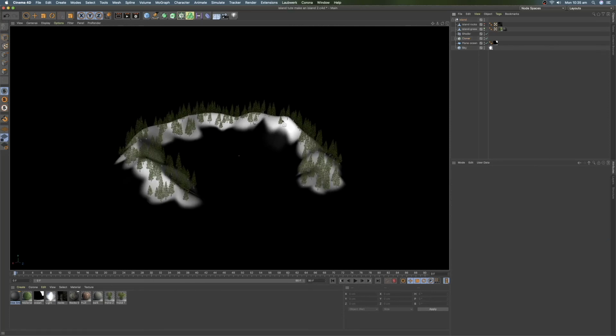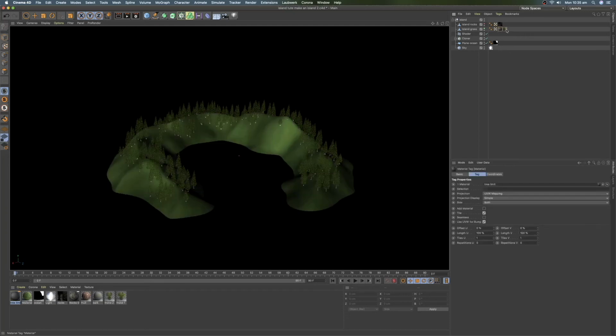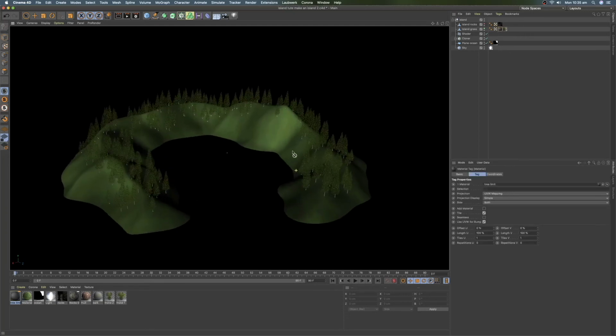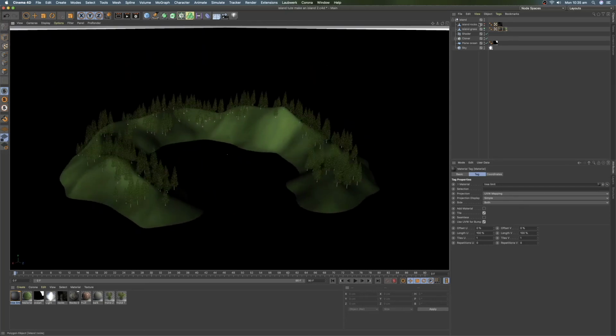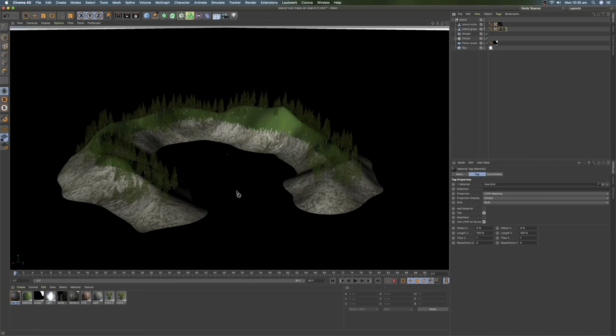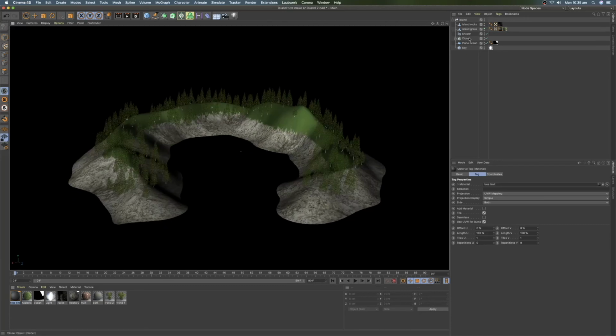First of all, we're just going to hide this. We don't need this black and white image anymore, our tree limit image. So over here in the object manager, we're going to drag the material tag to the left of the grass tag, so it's no longer visible. We've got the grass tag showing up. We can reveal island rocks again. We select the cloner